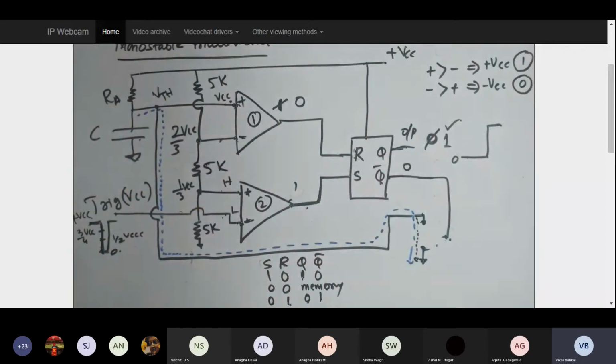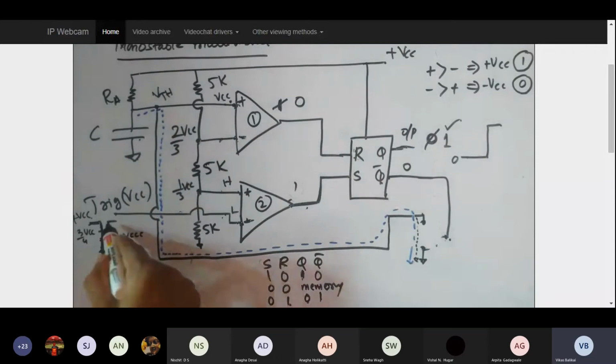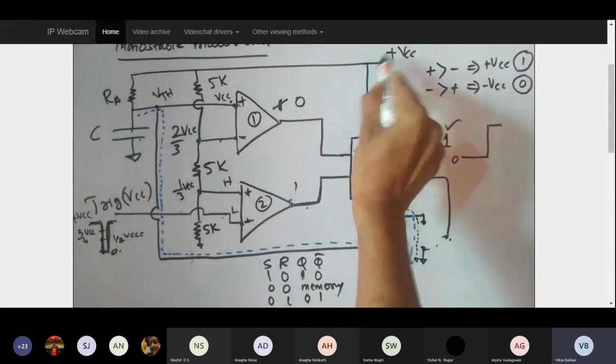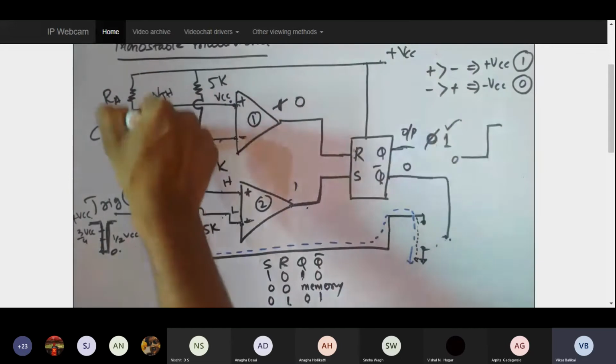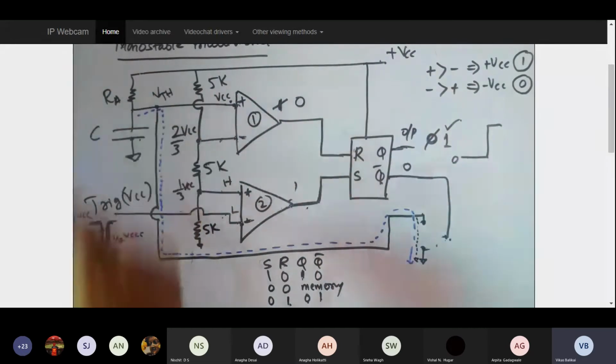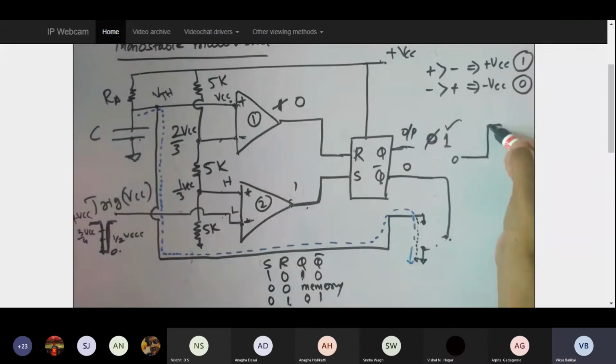The moment there is no path for this capacitor to discharge, there is only one option left, because the next trigger makes VCC positive here. So VCC is now again positive, and this entire VCC comes over here and charges the capacitor. So the time duration until the capacitor is completely charged, this pulse will be retained high. So this is how I am going to see the result.